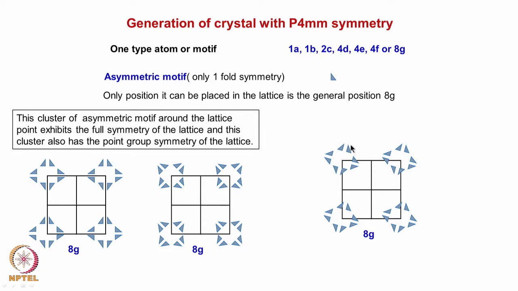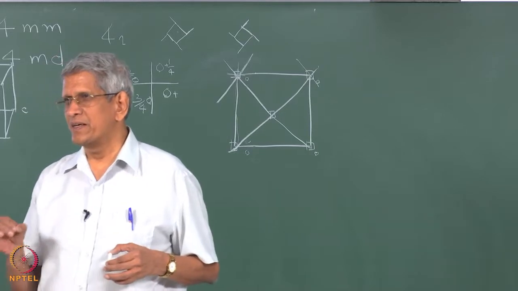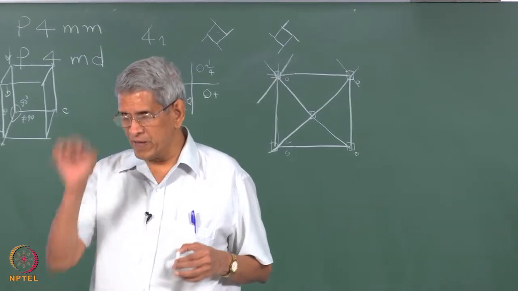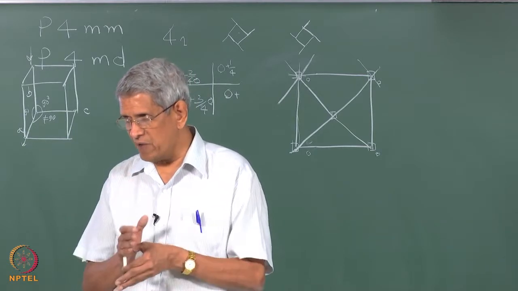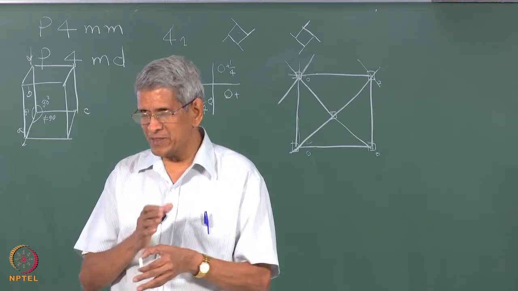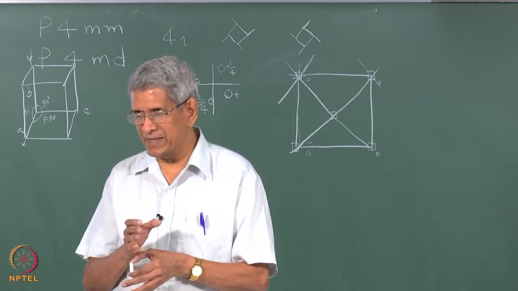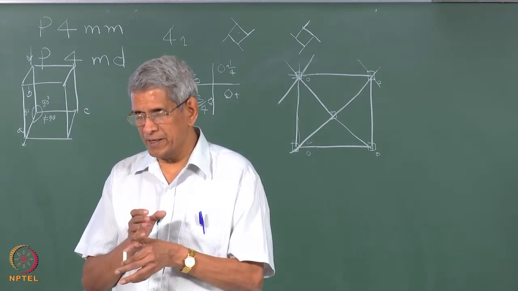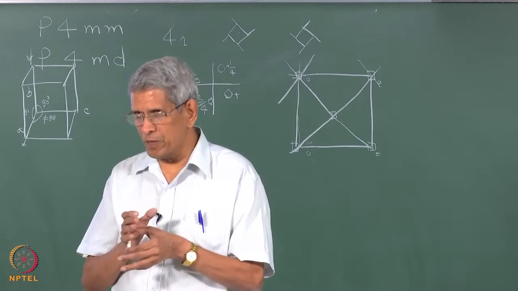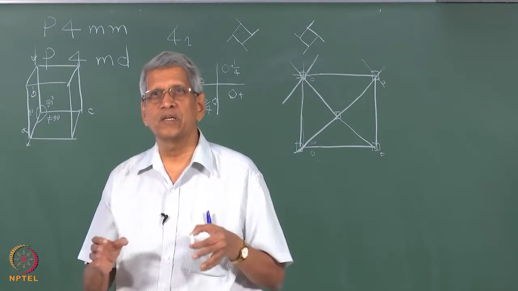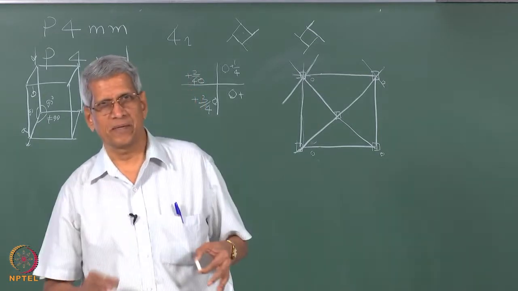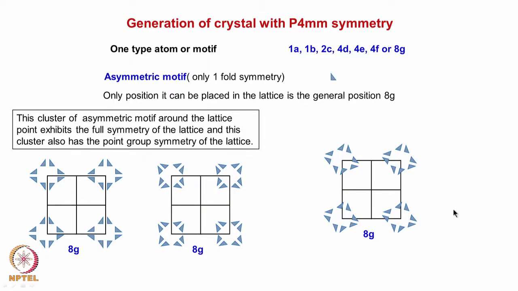How you place it matters. Because the cluster itself has a point group symmetry associated with it, whether the axes of all the symmetry elements match with the point where we are keeping it or not. At that particular point, whatever symmetry elements are common, that is the only symmetry the crystal will exhibit. Otherwise, in any lattice, you take an atom, assume it to be a sphere.